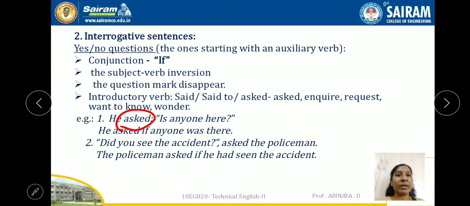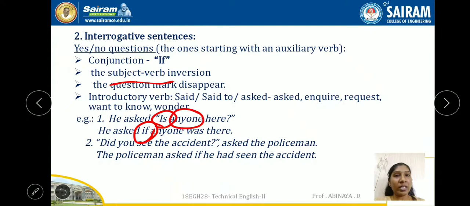So here the introductory verb is in past tense. "Asked" itself is coming here. It can come, right? Okay. He asked, "Is anyone here?" This is present tense. You have to change it into past tense, and the subject-verb inversion should be there, and the conjunction word "if" should be used. See, he asked, the conjunction word "if",